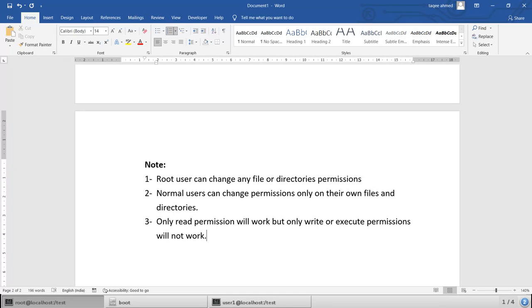So if you give only read, it is okay, users can read the file, but if you give only write, it will not work. If you give only execute, it will not work, because